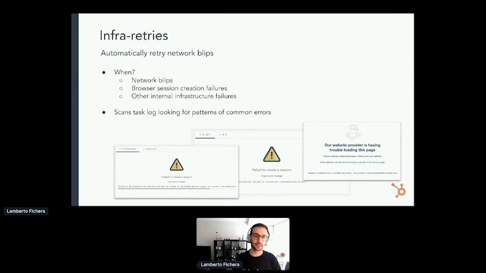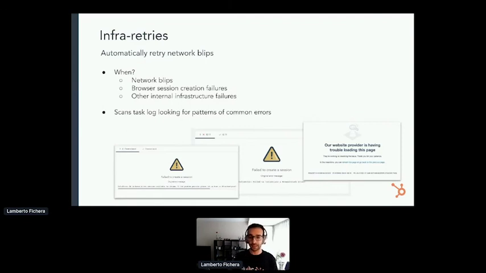And this generally applies to things that are outside of the team's control, outside of your test, basically. So browser creation failures or other pieces of our infrastructure fail. For example, retrieving some credentials or getting a credentials lease, or network blips or CDN failures, things like that.